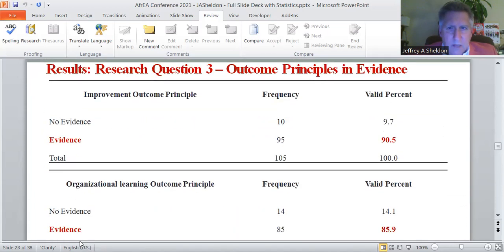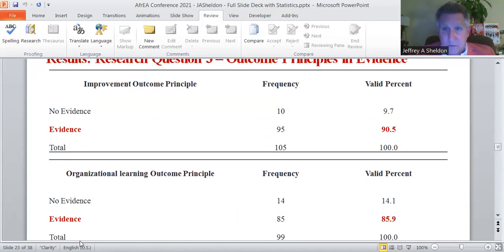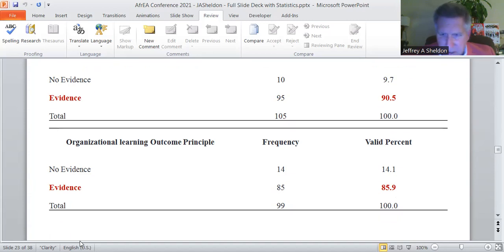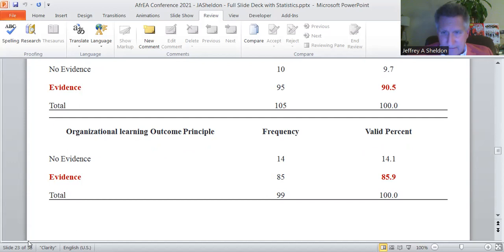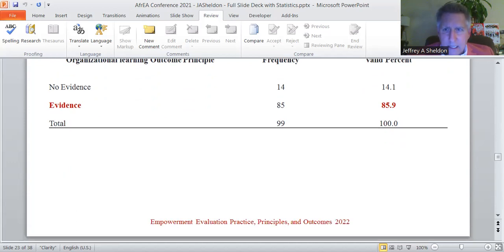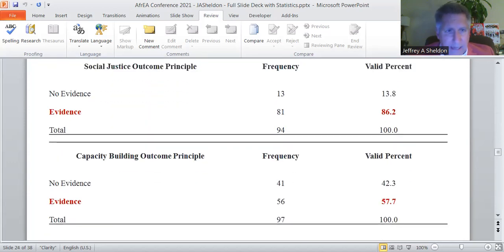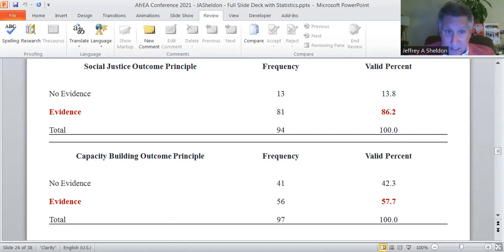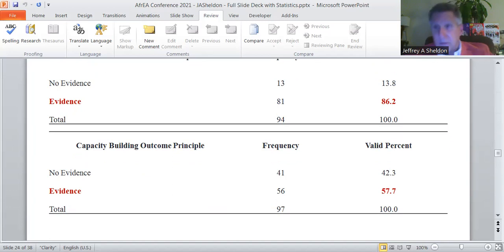Okay. So now the outcome, what outcome principles were in evidence? Again, you've got the improvement outcome principle, 90.5%. That's pretty good. Organizational learning, 85.9%. 86.2% said that the social justice outcome principle was evident, and then resulted from the evaluations that they reported on, and then capacity building,